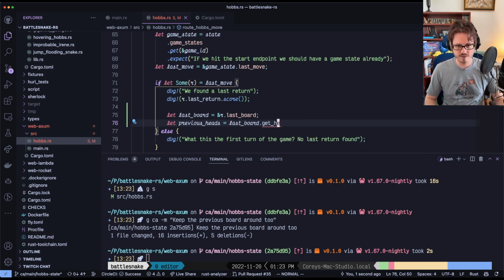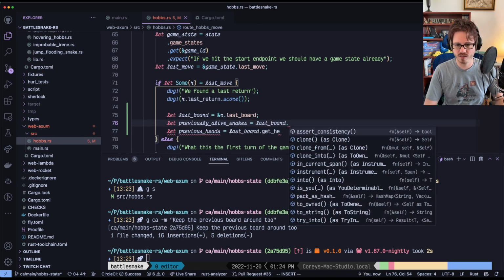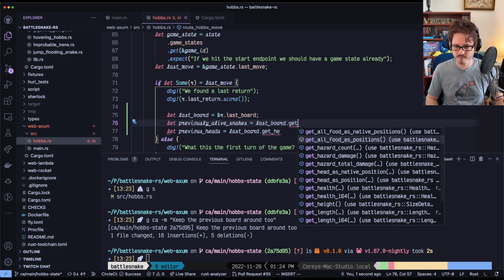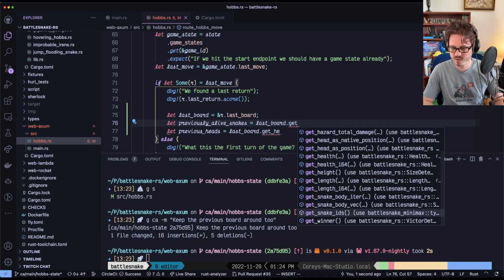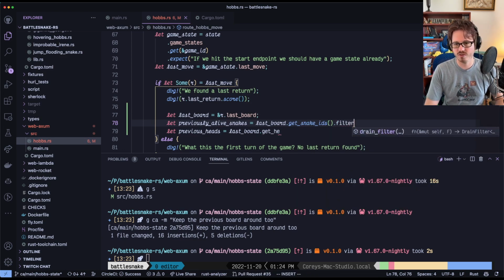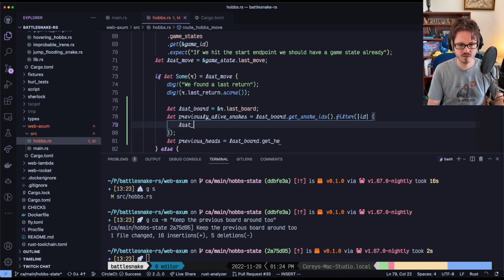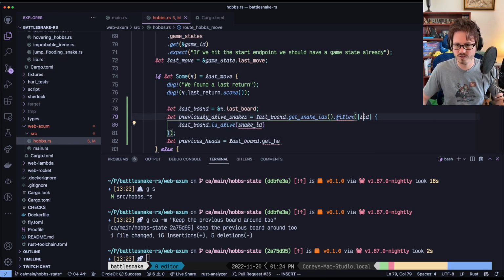let previously alive snakes equal last board dot get alive, get health, all food, snake iter, snake IDs, dot filter where ID get snake. Nope, it's like last board dot is alive for the ID. We should just call this SID. That's what we usually call it. Yep. Okay, so